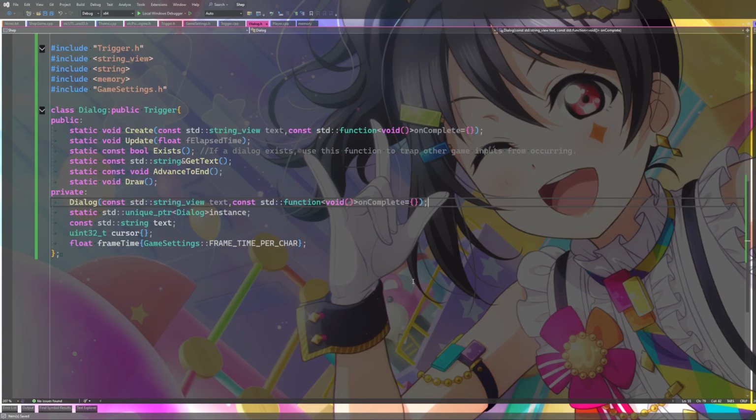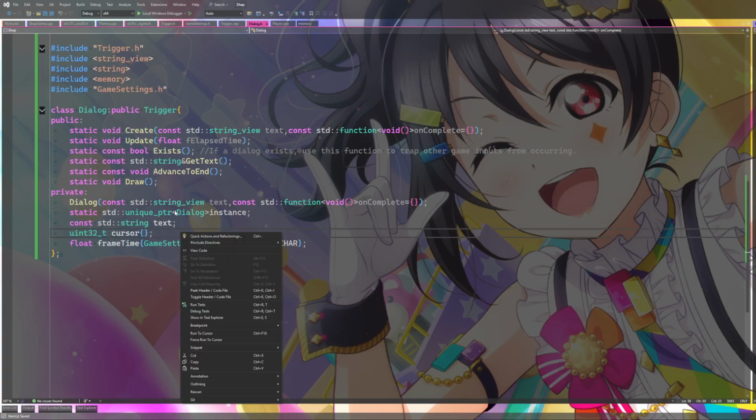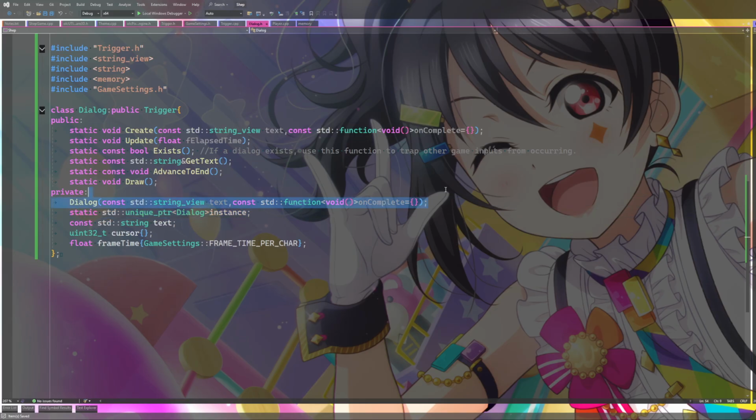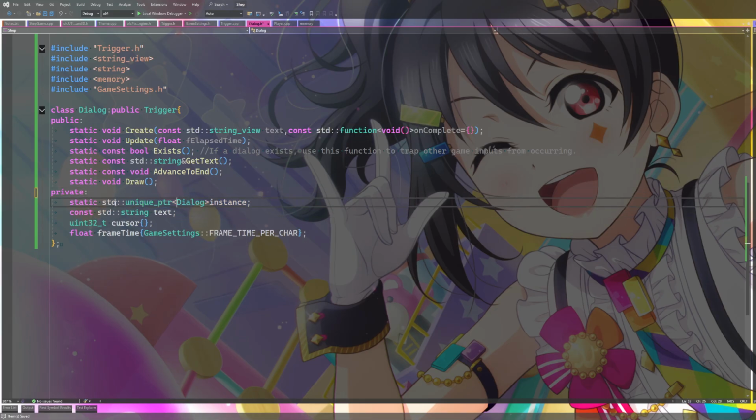The only way to do this is to not use a pointer. If I don't use a pointer, it will just exist, but then I have to have something that turns it on and off. That way it's like, is the dialogue active? If the dialogue's not active, right? Then I don't need this constructor, because I can just set it myself. I think I like that option a little better. Just a little better.